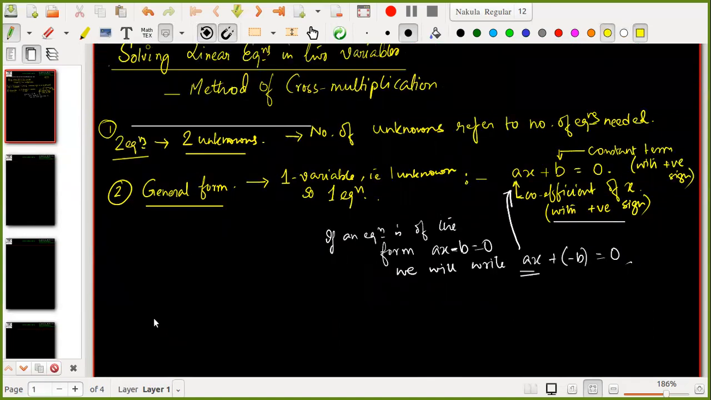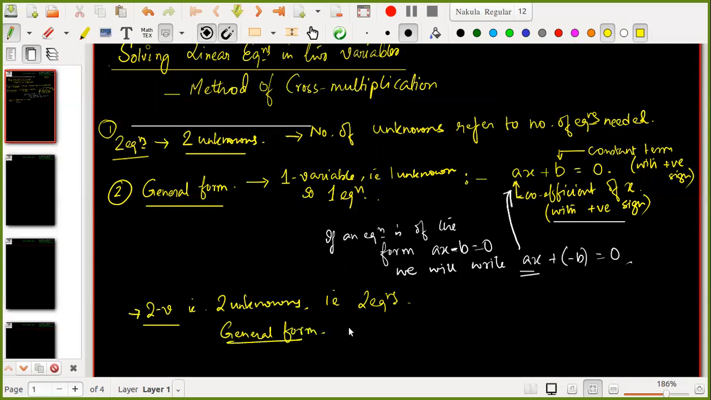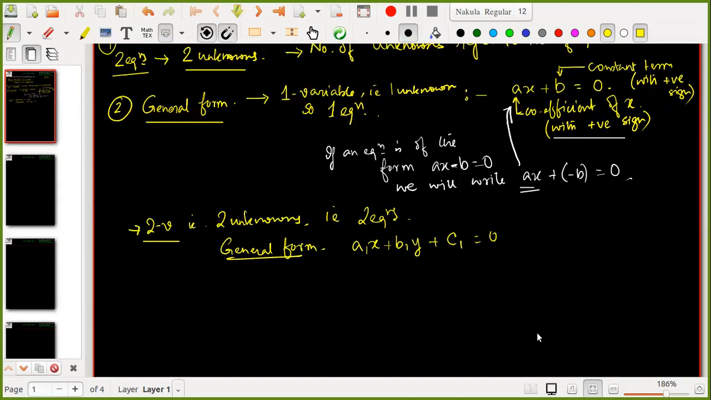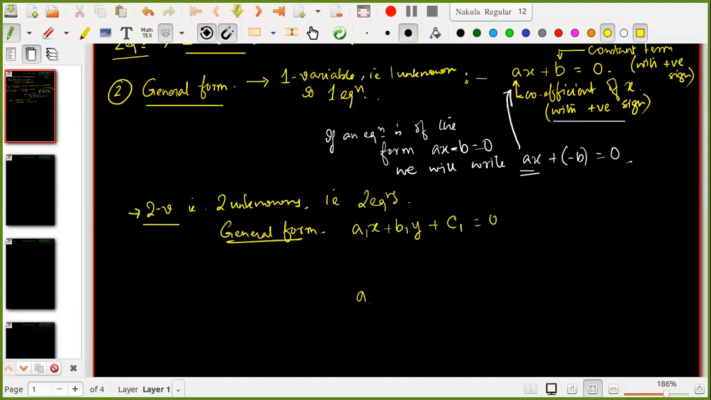When we come to the general form for two variables, that means two unknowns, that is two equations, the general form will be a1x plus b1y plus c1 equals to 0, and a2x plus b2y plus c2 equal to 0, where